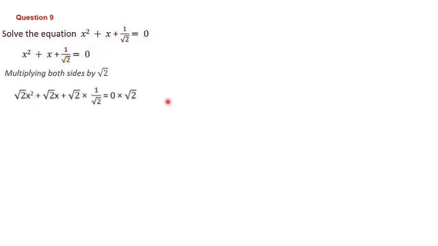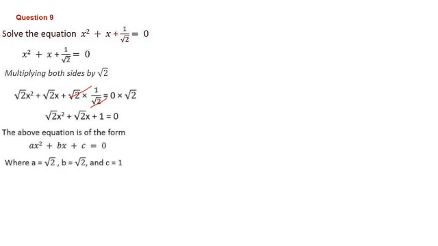That is what we have done. Here in the denominator, the root 2 and the multiplied root 2 both we can cancel. Then we get root 2 x square plus root 2 x plus 1, equal to 0 into root 2, which is 0. And this is in the format ax square plus bx plus c is equal to 0. While comparing with the general form, we can write a is root 2, b is root 2, c is